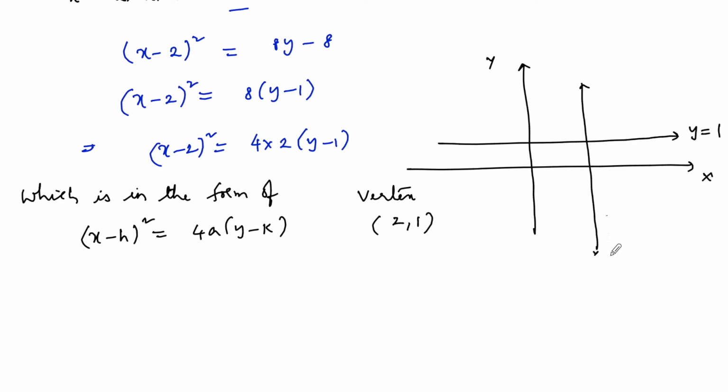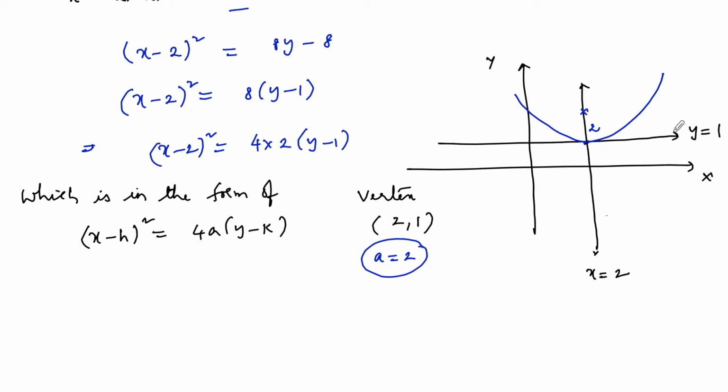So y is equal to 1 and x is equal to 2. So here the vertex is (2, 1) and the parabola will be open upwards. So we can consider the parabola is here, and a is equal to 2. So that is the distance from vertex to the focus is 2 units, and since we know that the directrix